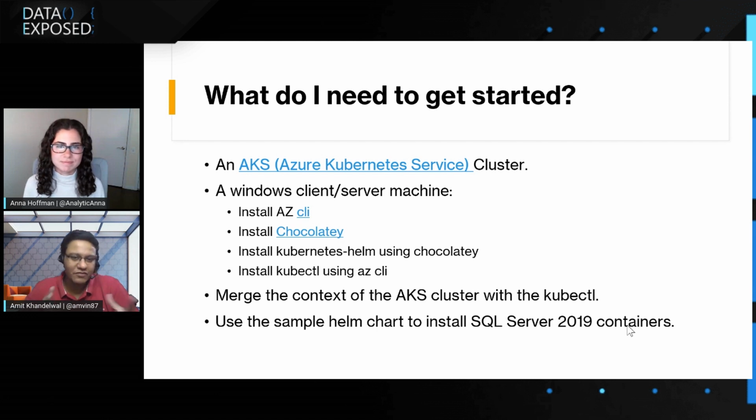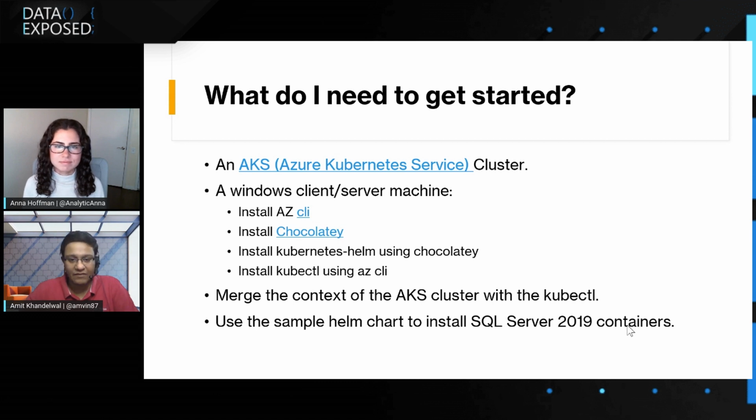I know you must be confused that there are a lot of steps here, but let me just tell you, it's simply 4 simple tools: AZCLI to install the kubectl, and the Chocolatey package manager to install the Kubernetes Helm. And once you have these packages installed and running on your Windows machine, it is ready to work with Helm and use the Helm chart.